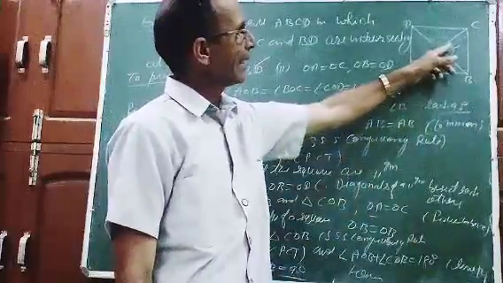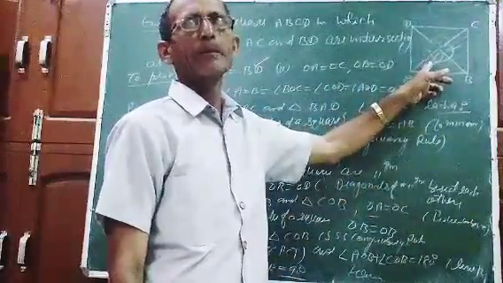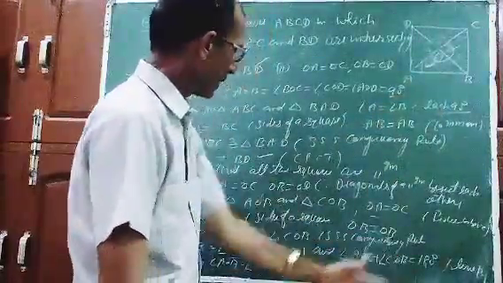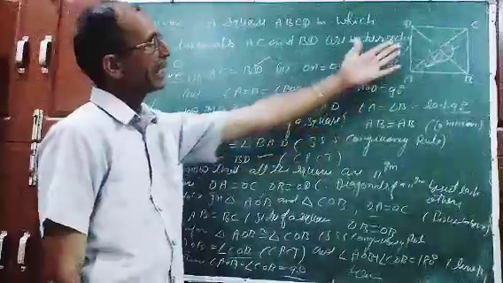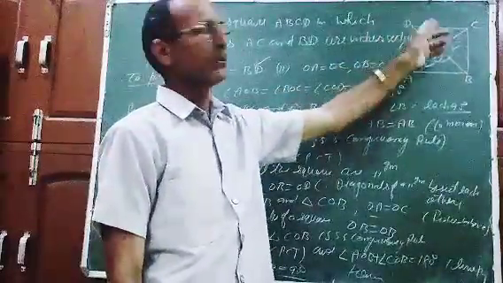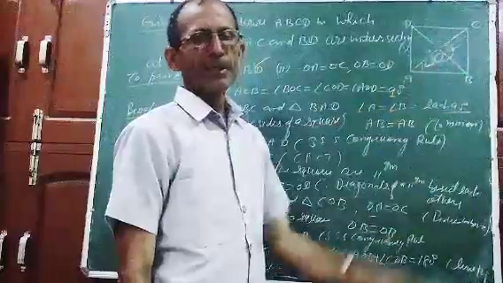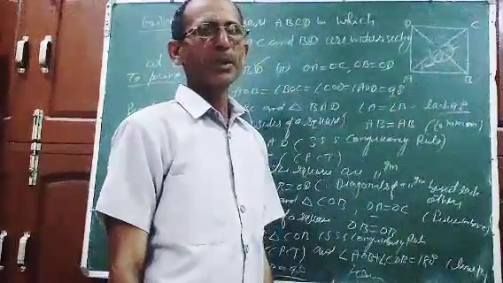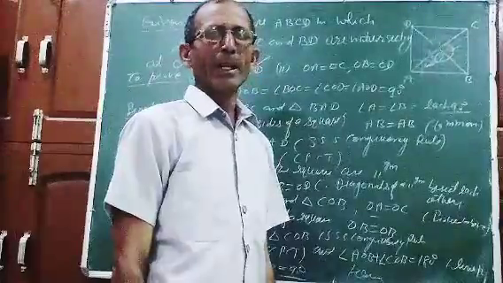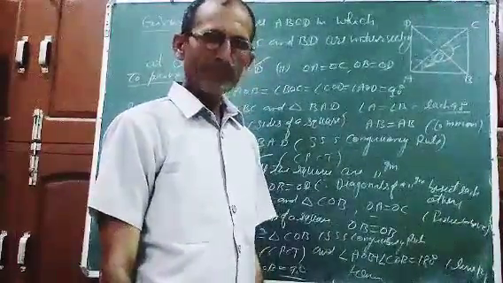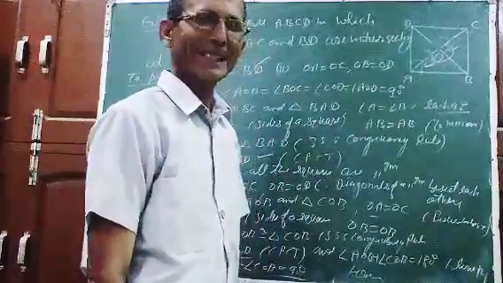Now both are adjacent angles and their sum is 180, so we can call them a linear pair. Their sum is 180 and both are equal, so each will be 90 degrees. Similarly, we can take the other two triangles and prove that this angle is equal to this one and both will be 90 degrees. So this was the theorem. I hope you have understood, and this will be given for tomorrow's homework. I hope you will complete the homework neat and clean.